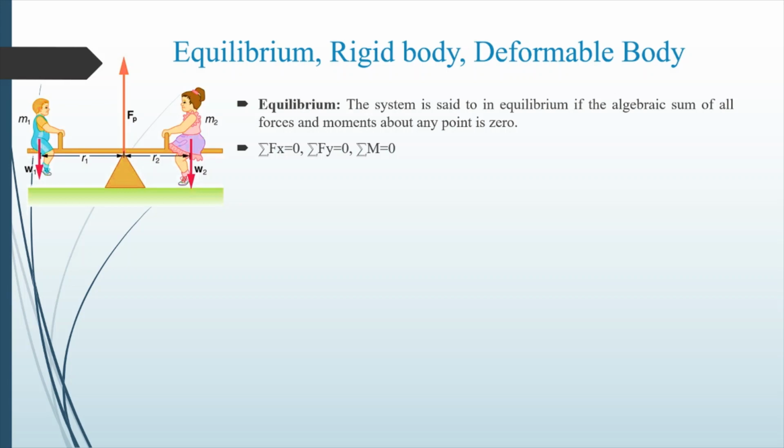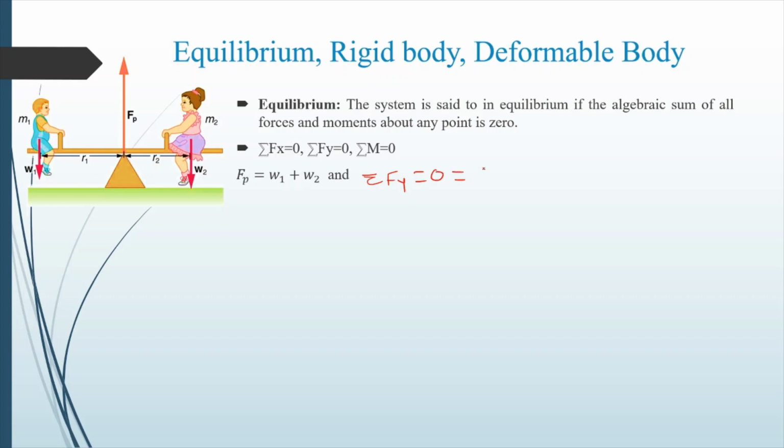The first condition of equilibrium is summation of Fx is equal to 0. As there is no horizontal force applied on the system, we can skip that condition and directly go to the second condition, that is summation of Fy is equal to 0, which means the summation of vertical forces will be equal to 0. So the summation of vertical forces we need to take. Here the equation is directly written. I will show the calculation part here. So summation of Fy is equal to 0.